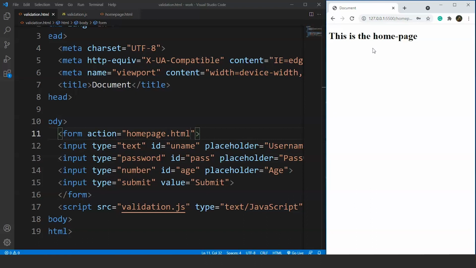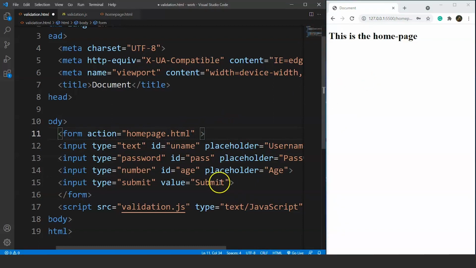The next thing we have to do is to validate the credentials entered by the user, right? For validation purposes, we'll use the if-else control statements in a JavaScript file. We'll create a function in a JavaScript file and call that function when the user clicks the submit button. But there is a difference. We'll not call the function on clicking the submit button. Instead, we'll call the function on submission of the form.